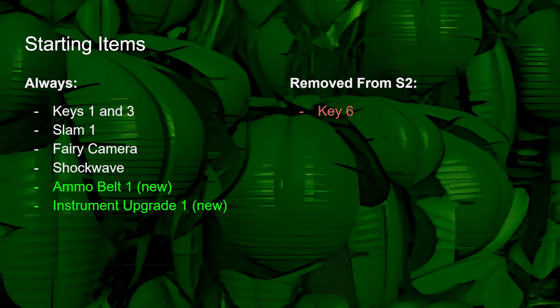You start with keys 1 and 3. You do not start with key 6. You're going to have to find key 6 to beat the game. Key 6 is out and about in the world. Only 2 keys. You still start with the familiar Slam. You still start with the familiar Camera and Shockwave. Good utility there. Love to have those. And you also start with...